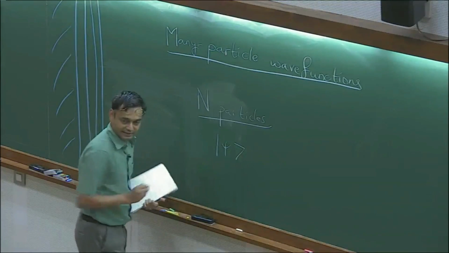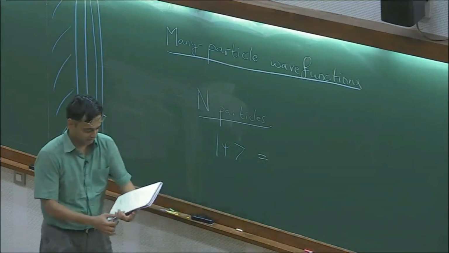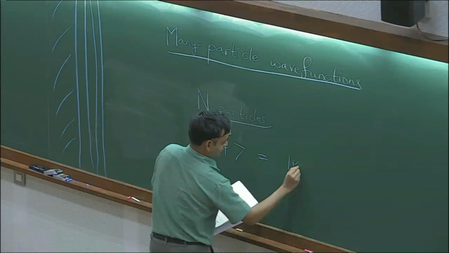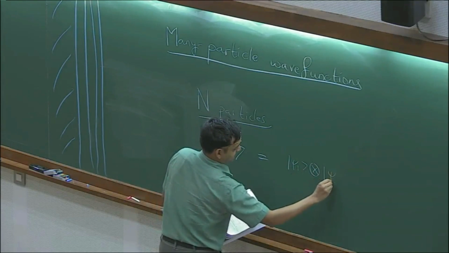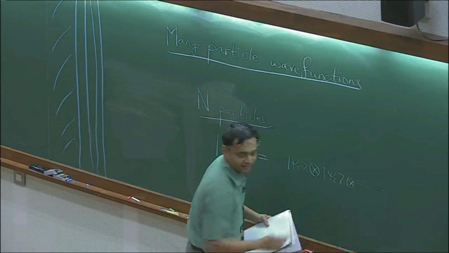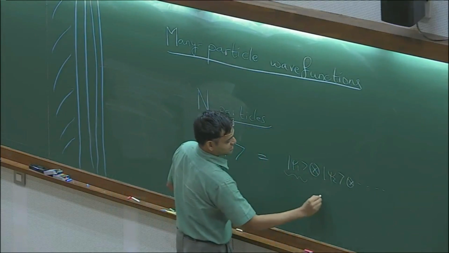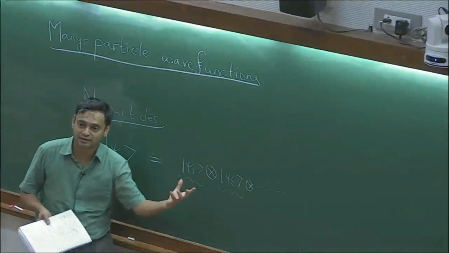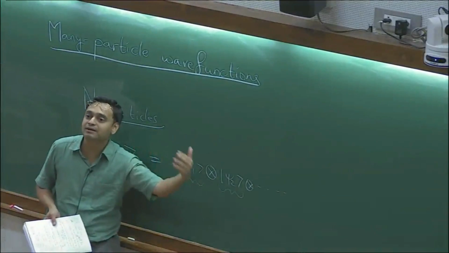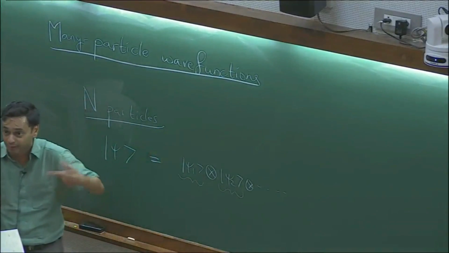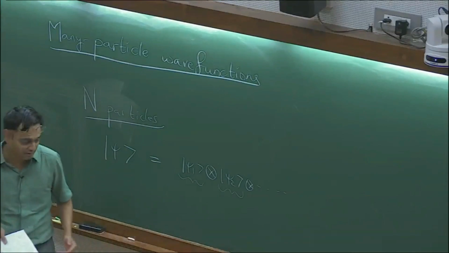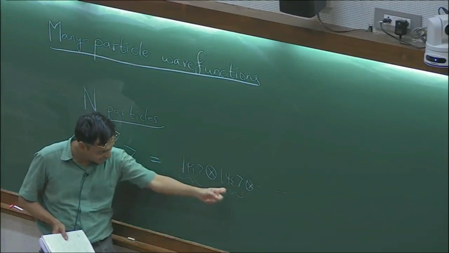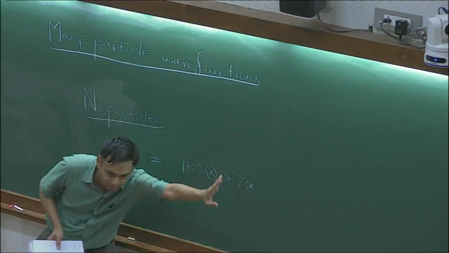Well, I start with a ket, which is obviously not of the right kind. I write it as, let's say, psi 1, psi 2, like that. And the notation here is there are slots. Each slot corresponds to a particle, the Hilbert space of one particle, right? At this level, the particles are notionally distinguishable, but we want to make them indistinguishable in a minute, right? So this can be read by saying the first particle is in state psi 1, the single particle state psi 1, second particle is in single particle state psi 2, and so on, right?